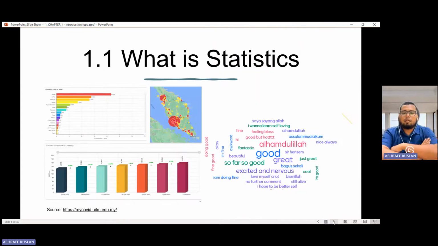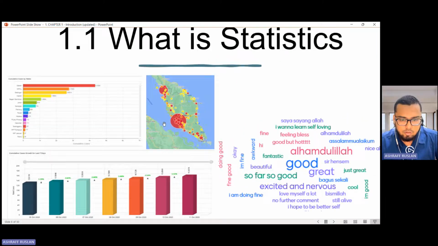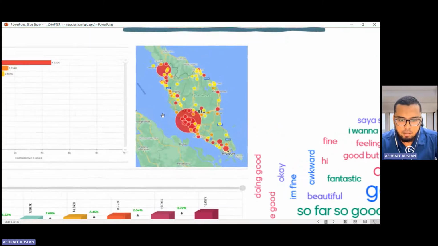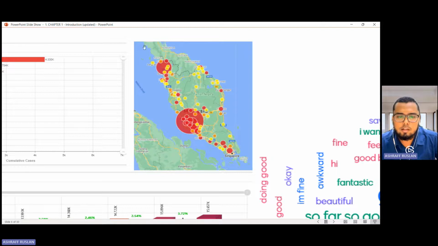Kita tengok lagi. Statistik ni nampak macam banyak gambar rajah kan. So tengok kat sini. Anyone dapat guess tak? This one yang nampak macam gempa bumi ni kan. Okay. Kita panggil apa this one? Okay. This chart ni usually kita panggil dia sebagai heat map. Okay.